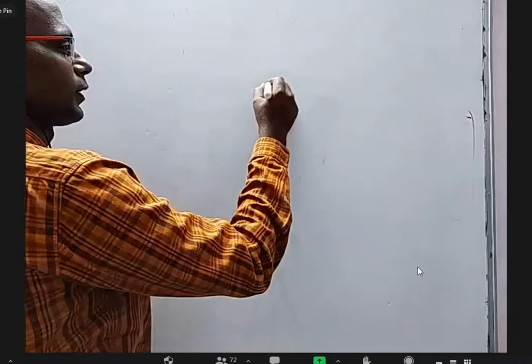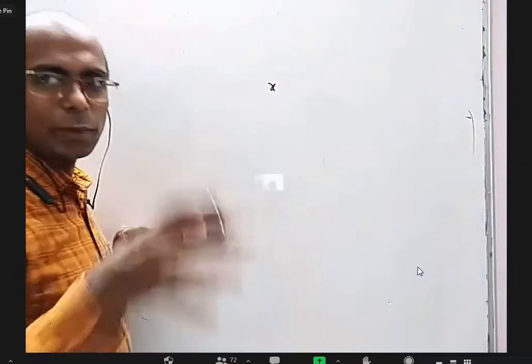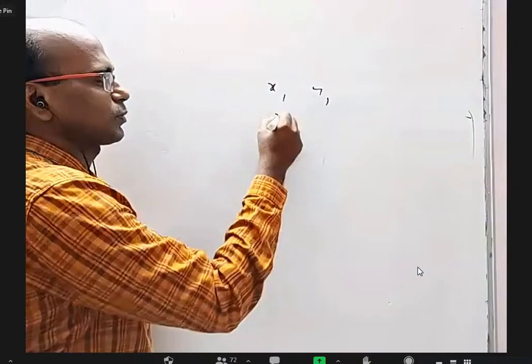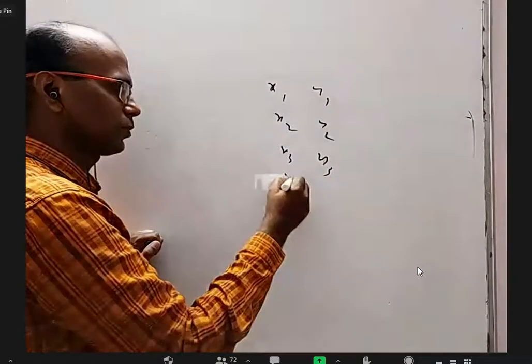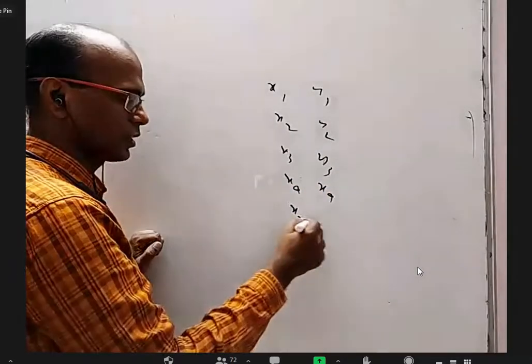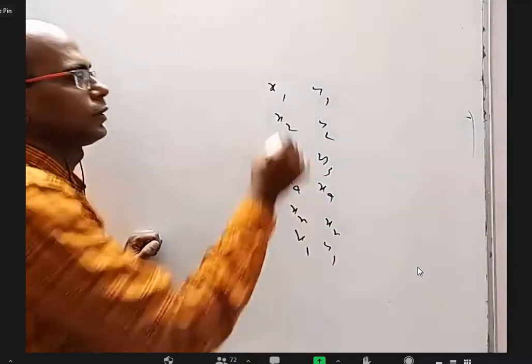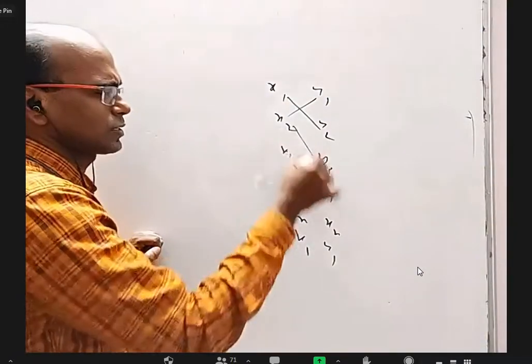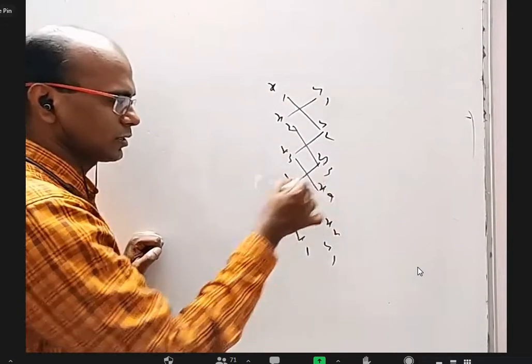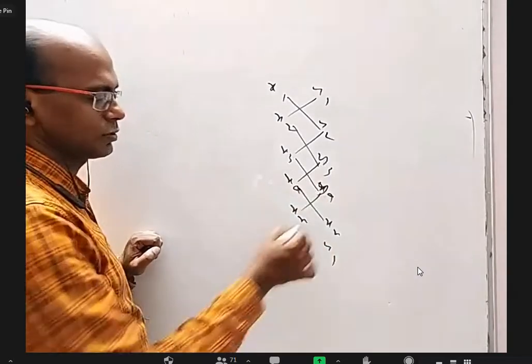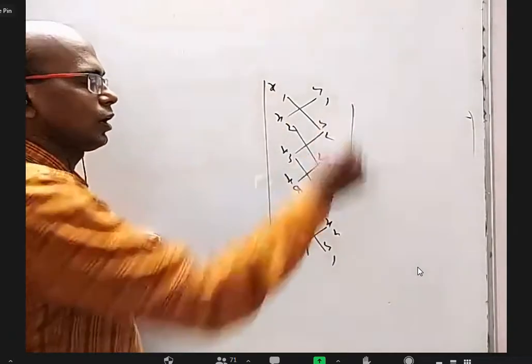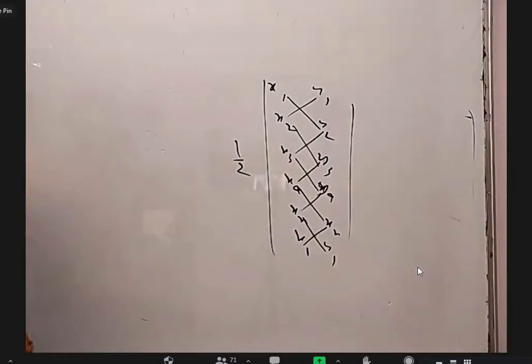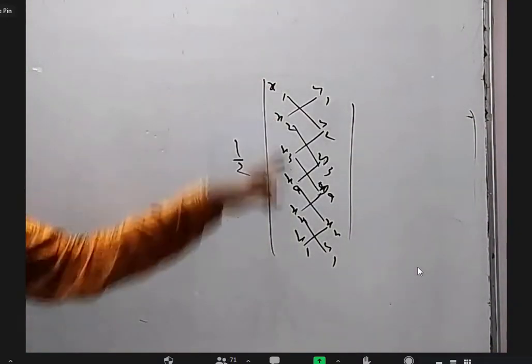By the way, the shoelace formula is this. You know this formula, but maybe it was not told as the shoelace formula. If you take a polygon with n vertices x1, y1, x2, y2, x3, y3, you write the first point, second point, third point, fourth point, nth point, and again the first point. This into this minus this into this, plus this into this minus this into this, and so on. Sir, it gives area, right? Yes, finding the area of a field. This is called the shoelace formula.